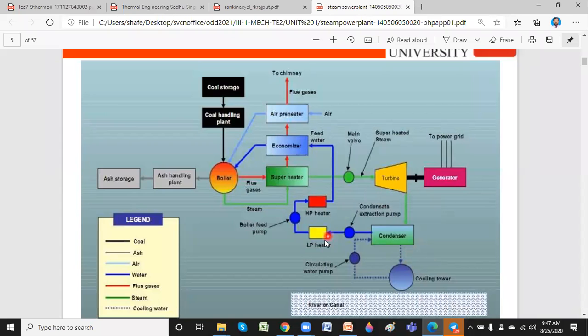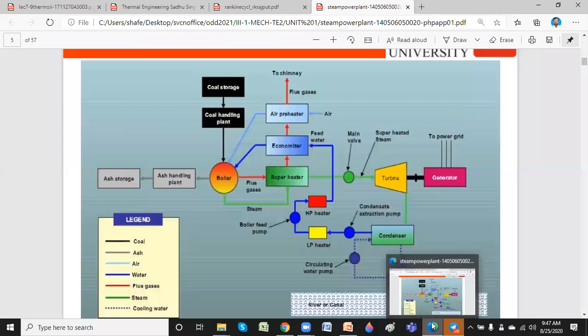Then what is work input? You are giving some work to handle the feed water to pump it back to the boiler. So this is the pump work for a feed pump. It is work input. And what is work output? That's nothing but what I am getting from the turbine. So work in, work out, heat in and heat out, that completes your thermodynamic cycle. Any cycle will be a closed cycle which has these processes: heat in, heat out, and work in, work out. So remember, four components: boiler, turbine, condenser, and feed pump. Okay, so that's about your steam power plant.